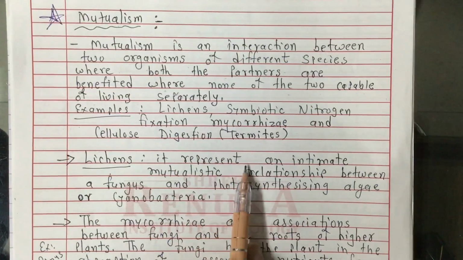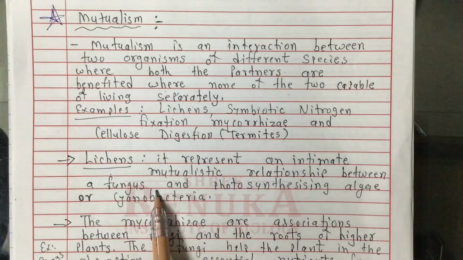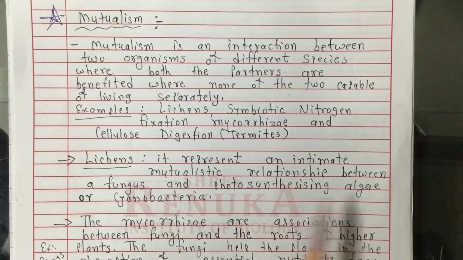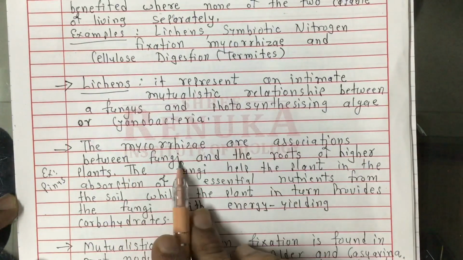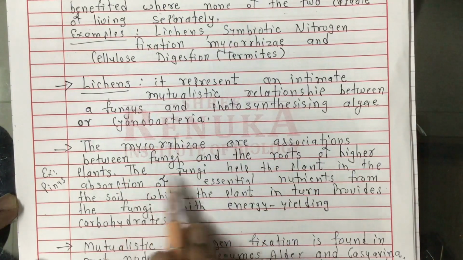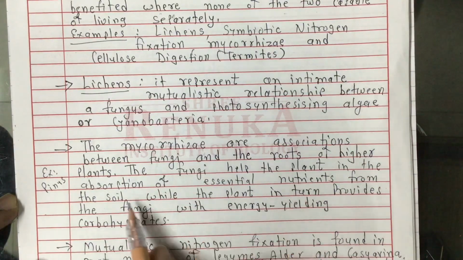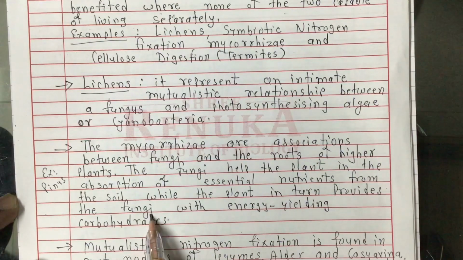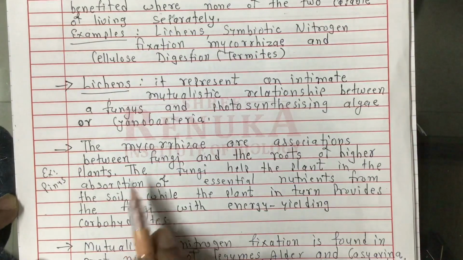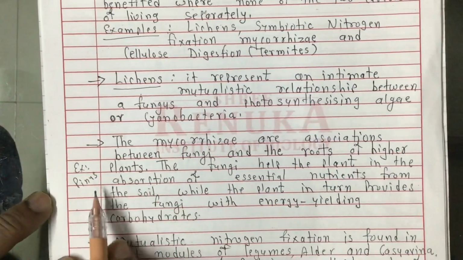Lichens represent an intimate mutualistic relationship between a fungus and photosynthesizing algae or cyanobacteria. The mycorrhiza are associations between the fungi and the roots of the higher plants. The fungi help the plant in the absorption of essential nutrients from the soil, while the plant in turn provides the fungi with energy-yielding carbohydrates. So both organisms get benefit from each other in the case of mycorrhiza, and it is found in the case